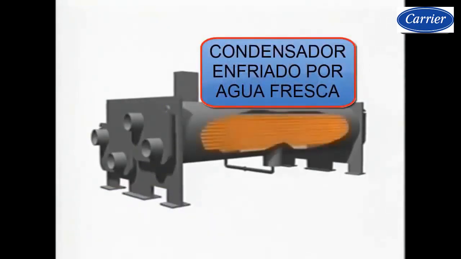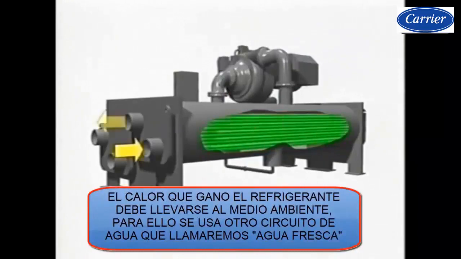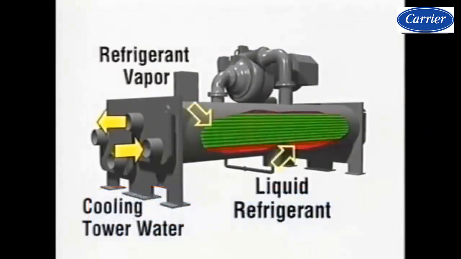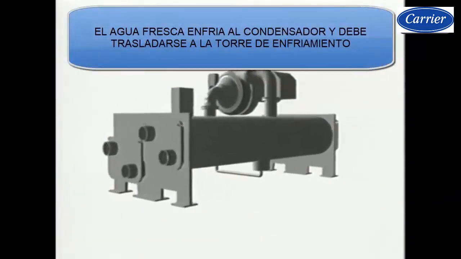This chiller that we are showing in the animation is a water-cooled chiller, which means that the heat that was gained from the frozen water, the water that we want to turn into frozen water, that heat that was removed from the water, we must send it to the environment. For that we use a heat exchanger that is the condenser, and the condenser we are going to cool